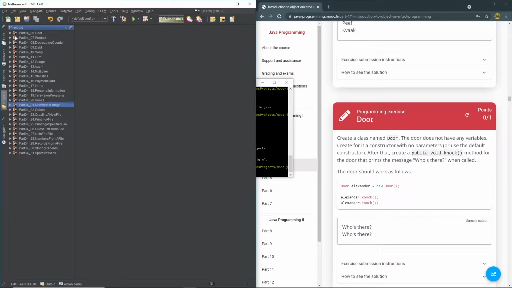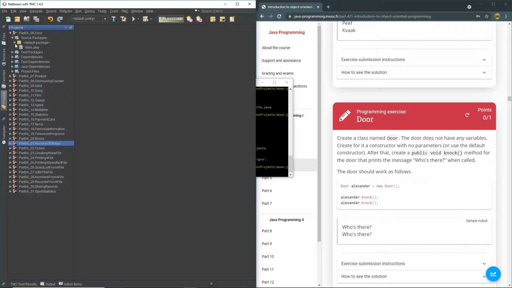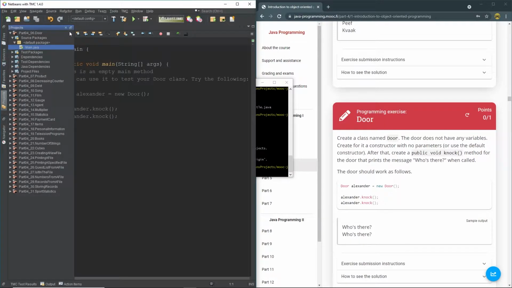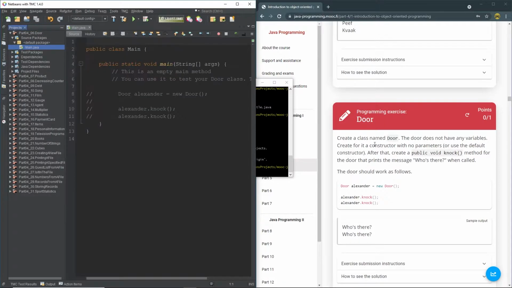So let's have a look at what we're doing now. So it's the door challenge. So let's get our main open and have a quick look and see what we've got. So we've got some pre-completed code there. Let's have a look at the challenge. So we need to create a class named door. The door does not have any variables. Create for it a constructor with no parameters, or use the default constructor. After that, create a public void called knock method for the door that prints out the message who's there when